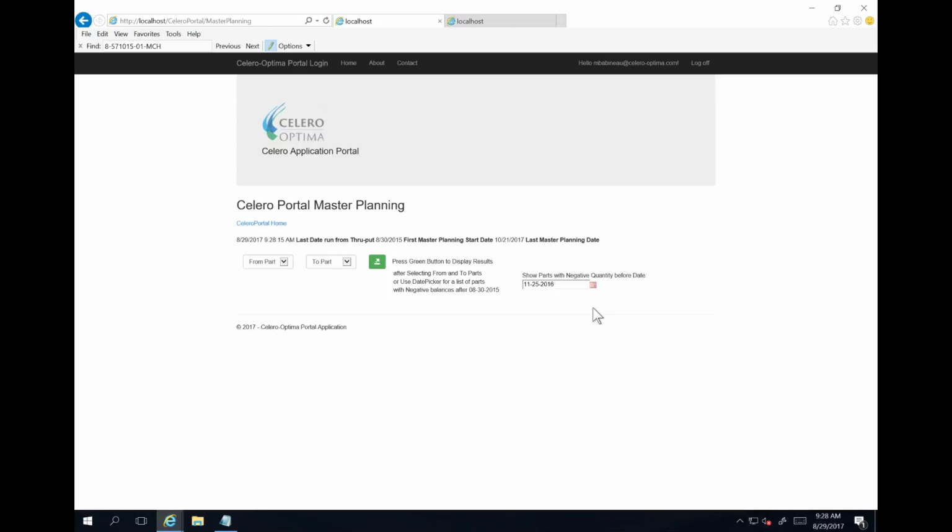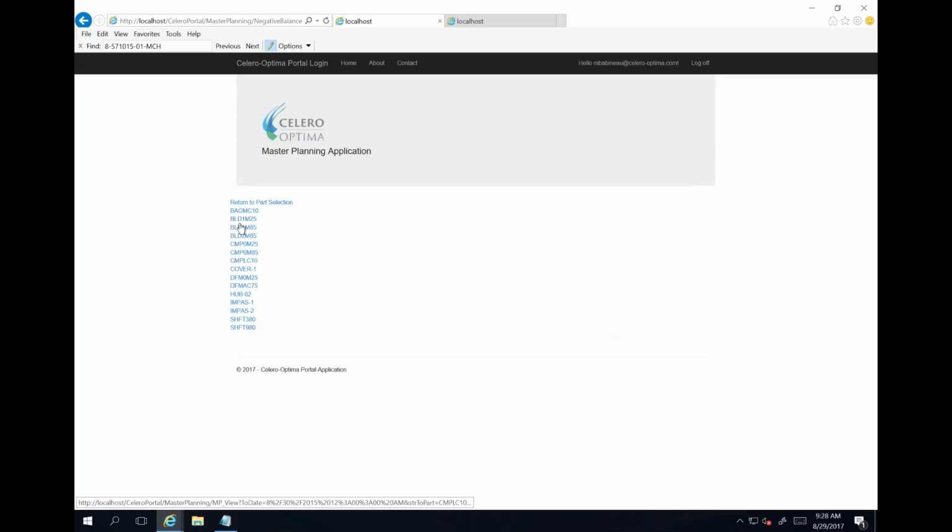One of the features we'll add is show me parts that have a negative projected balance within their lead time. Outside of the lead time is longer term. Let's assume that we'll process transactions as time goes by. But if we have a problem I need to be aware of now, before 11/25, I can look at those exceptions. So the number of parts is much shorter, but these are truly the exceptions you need to look at